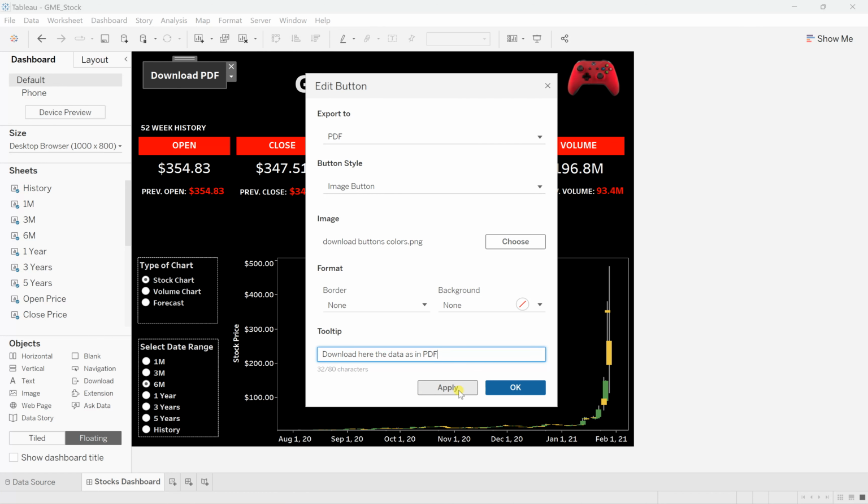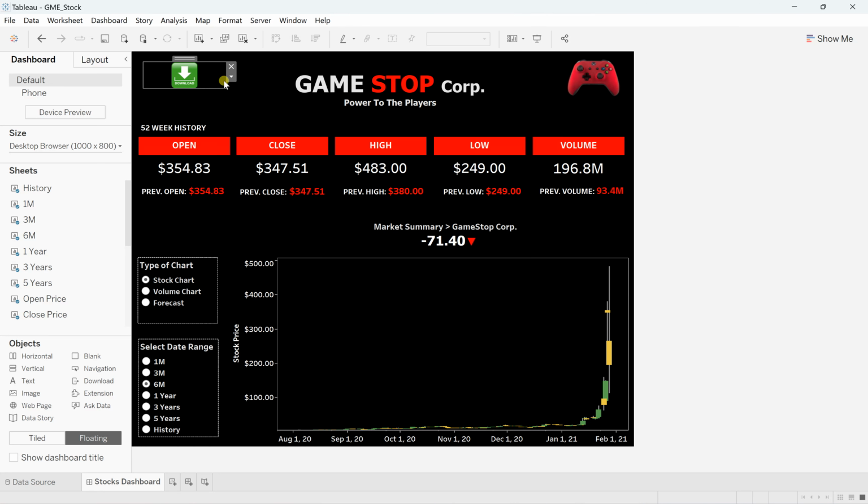Just click on apply and OK. So here you go. You have that image, and you can see in the tooltip: download the data as in PDF. But it says Alt plus click to download this particular file.